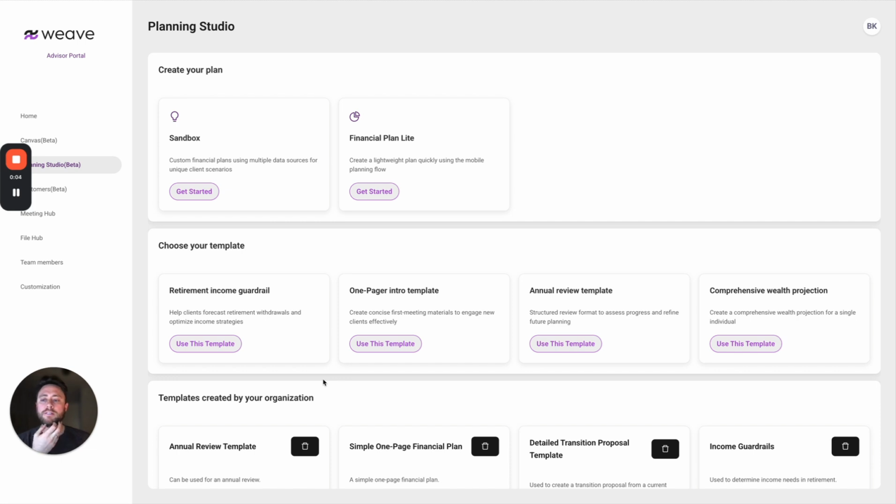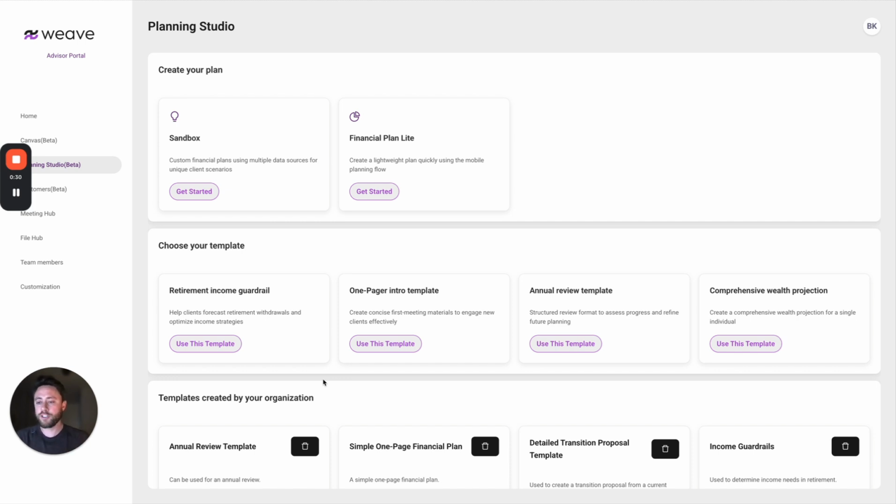I'm the co-founder and CEO of Wayvest, and today I want to walk you through some of the templates that we've added to our Canvas financial planning tool over the past couple of weeks based on different reporting that advisors who are using the tool have agreed to share with us. So we're starting to get a lot of cool creative stuff out of our various advisors, and some of them have been gracious enough to share some of that reporting with us and then use them as templates so other